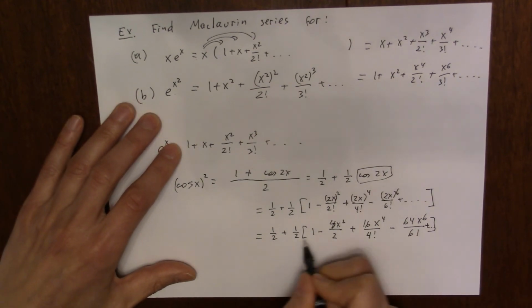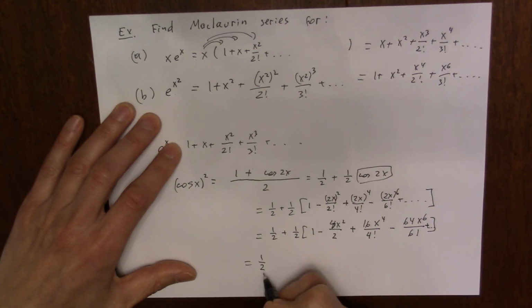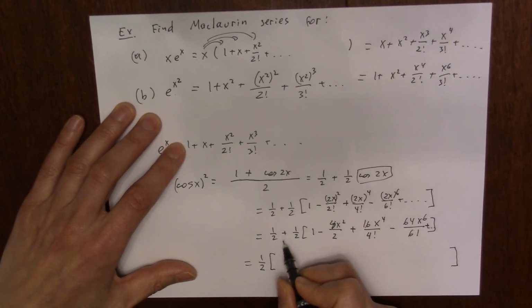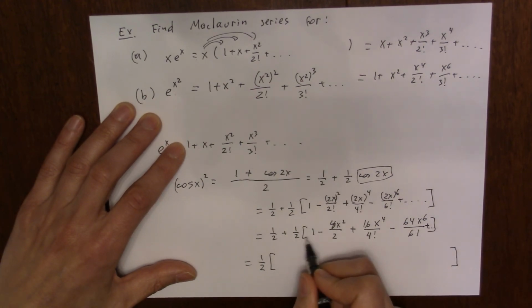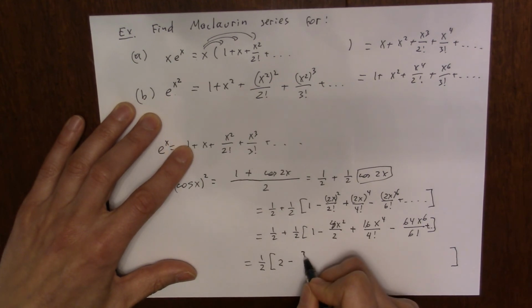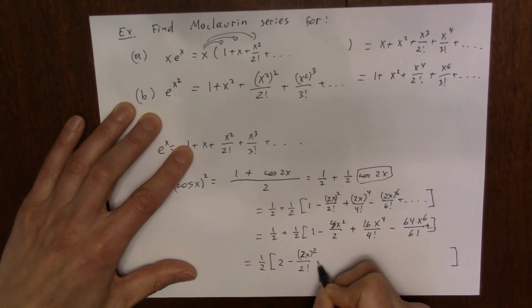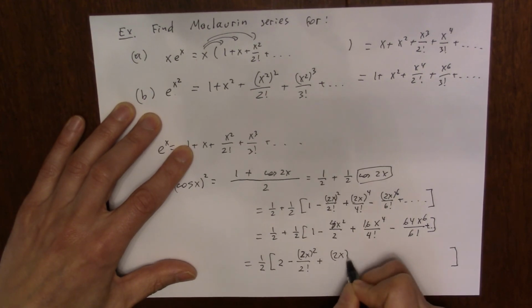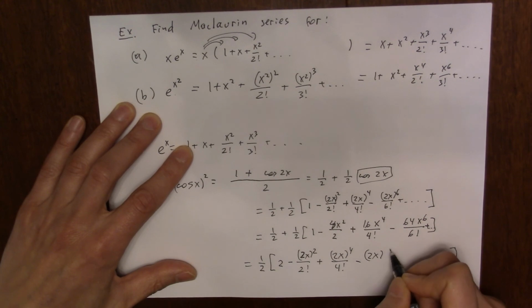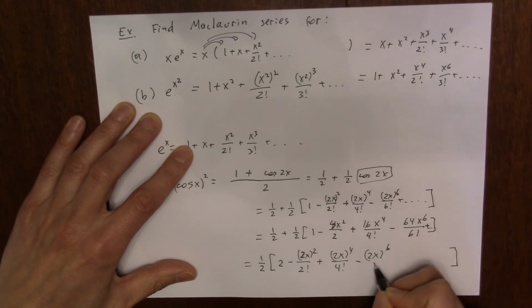And maybe we will bring 1/2 inside, but finally our answer is going to look something like this. 1/2, 1 plus 1 is 2, 2 minus 2x squared over 2 factorial plus 2x to 4 over 4 factorial minus 2x to 6 over 6